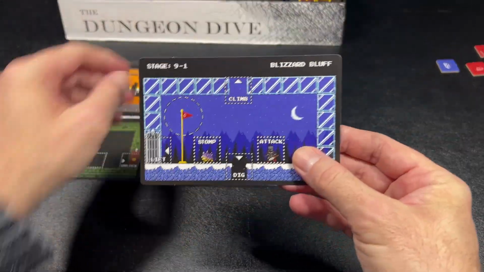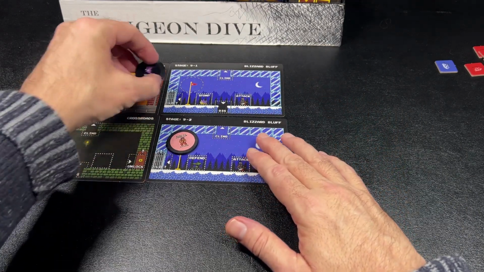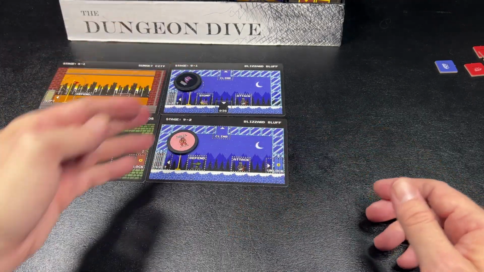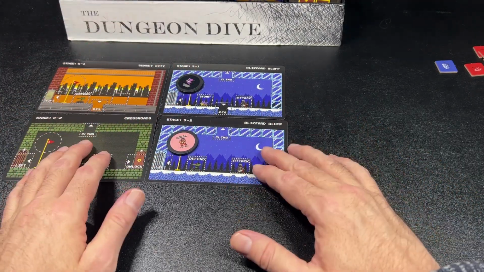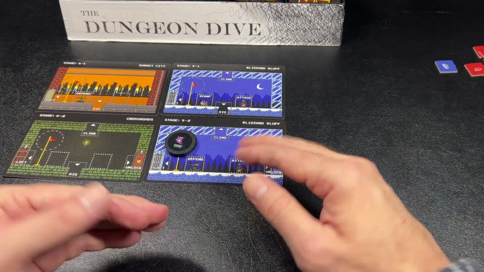Turn this over, and it is stage 9-1. Oh, that's kind of cool. These stages mix. And so because he can only move once, he will move up and he will stop there. Now, if he was powered up with 2 additional moves, he could actually move back on me and then continue